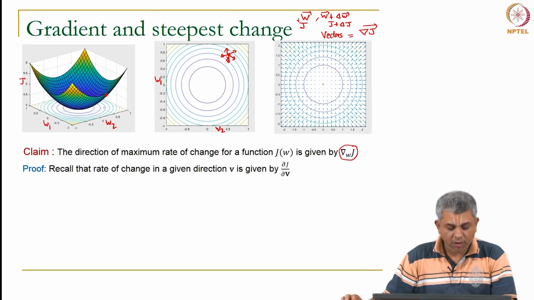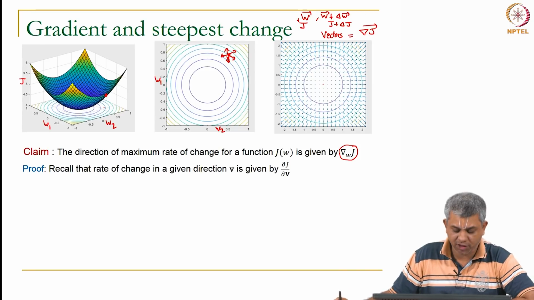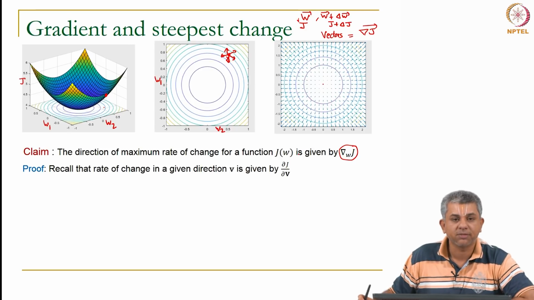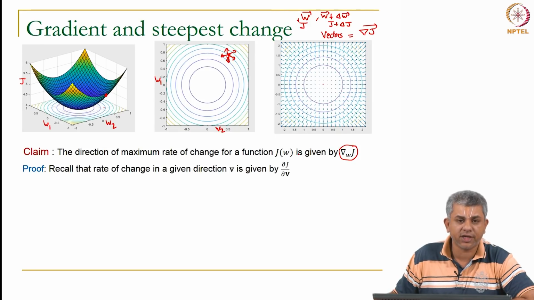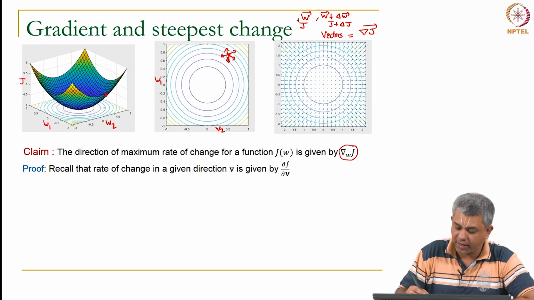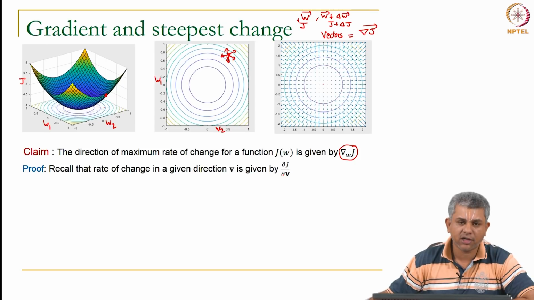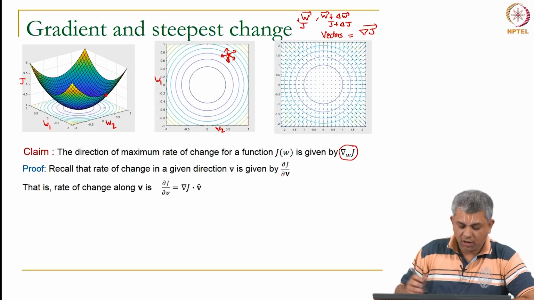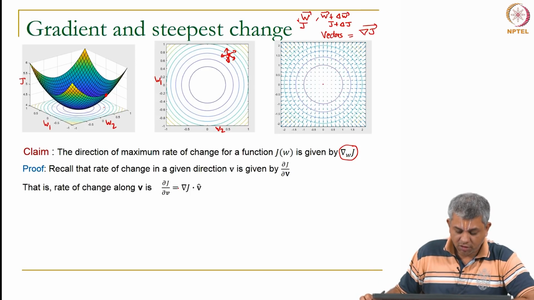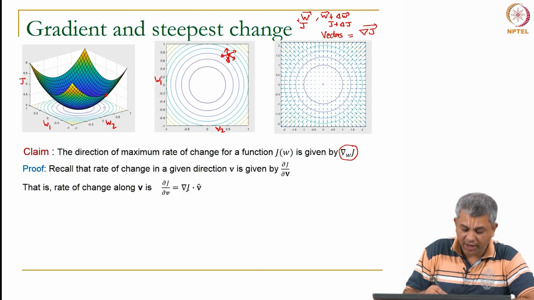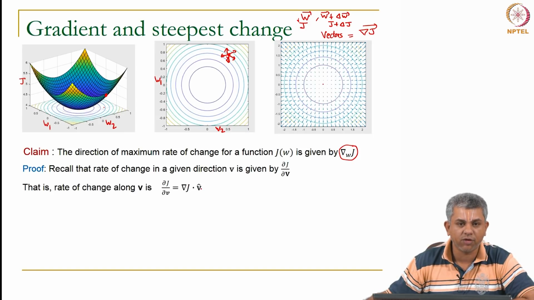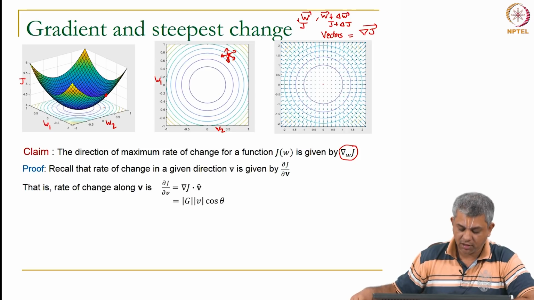Remember that if you want the rate of change of a scalar which is j, remember we are always dealing with scalar cost functions in this course, if you want its rate of change in a given direction, that is given by del j del v vector. Assume for now that v vector is a unit vector. Also remember, we saw that del j del v vector can be written as grad j dotted with v cap. This is what will give you del j del v vector.